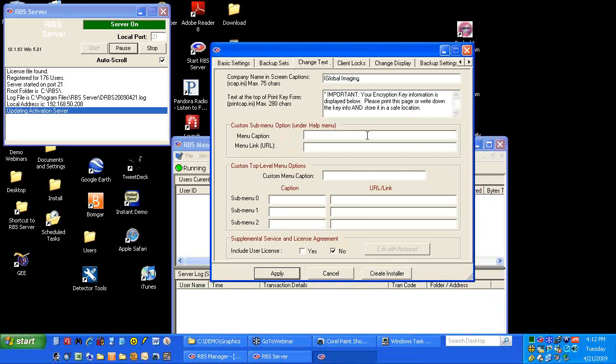If we wanted to have a menu caption, suppose we wanted to add a new menu option, this is where we would do that. The caption will be called company website, and let's make it go here. And then we've got another custom menu caption. We can call this support. A submenu, this would be online help, Support Central,